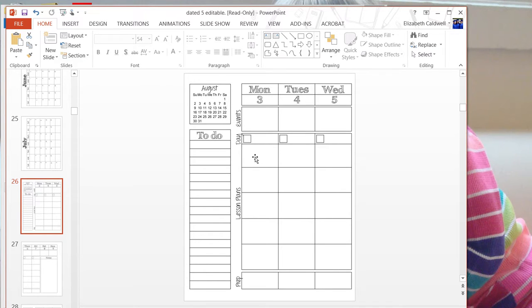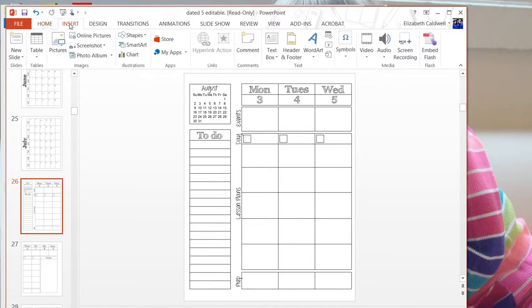So in this particular format, I have 1, 2, 3, 4, 5 planning blocks for each day. And there are other formats in my store, but you may want to customize that further because, for example, maybe on Mondays and Tuesdays you teach 5 classes, but on Wednesdays every week you teach 6. So what you can do is go to Insert,